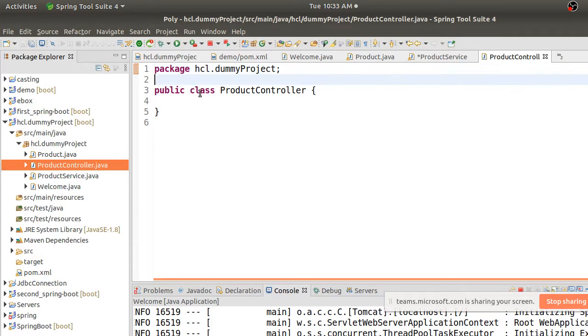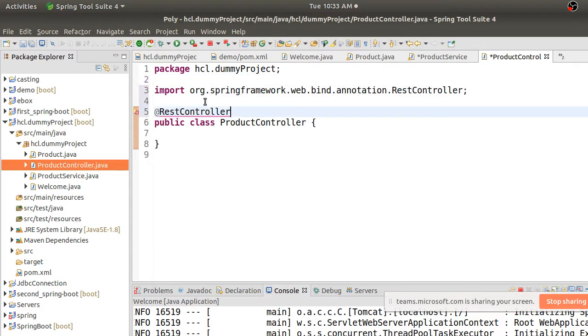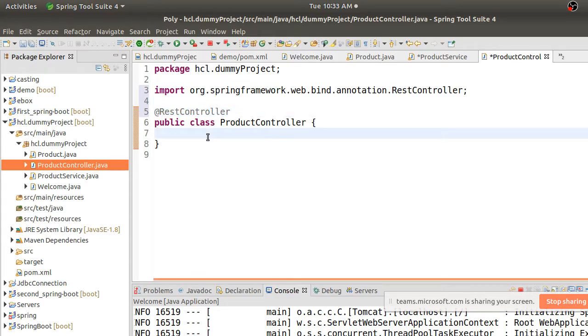Here I will add this as @RestController as usual, and here I'll write some methods. These methods specify what actions you are performing. Say, for example, a method like getAllProducts.